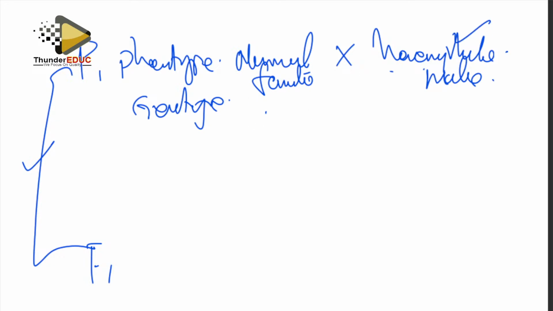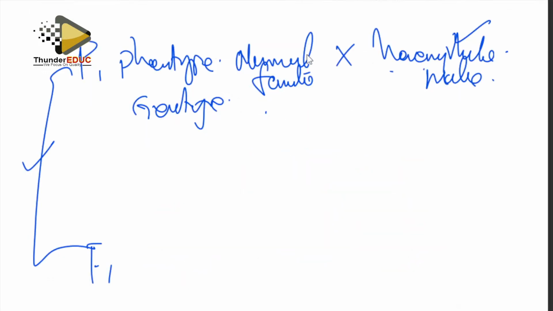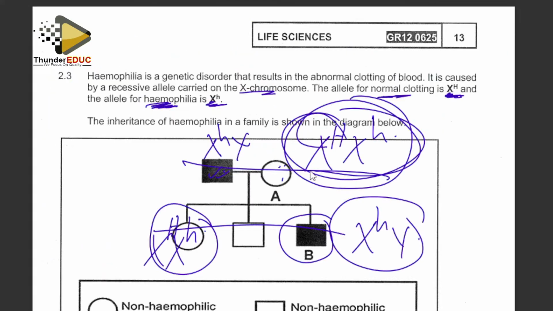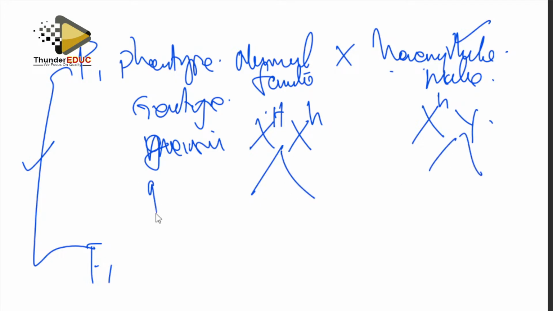We go back and find out the mother is heterozygous. Therefore I come back here and I say that the mother is capital X, small x, heterozygous, while the father is sick, is hemophilic. Therefore I will say small h, y. And then you say gametes, meiosis. When meiosis happens, I form the gametes. Therefore I form the gametes here, meaning that I have capital X.